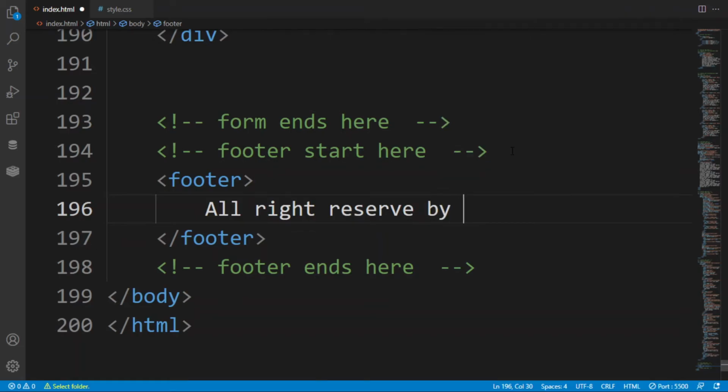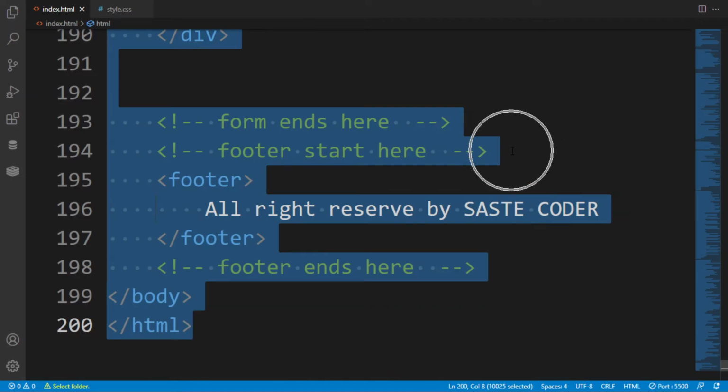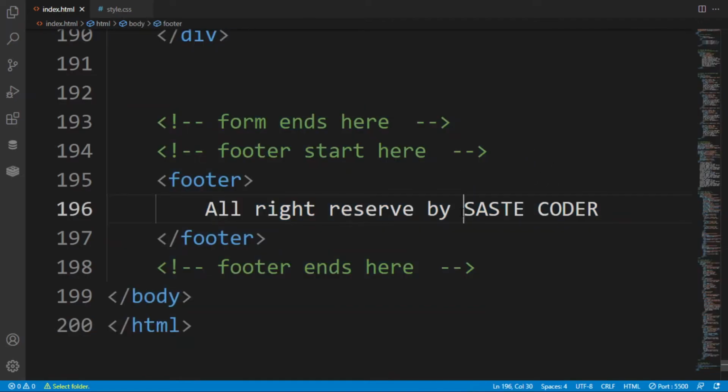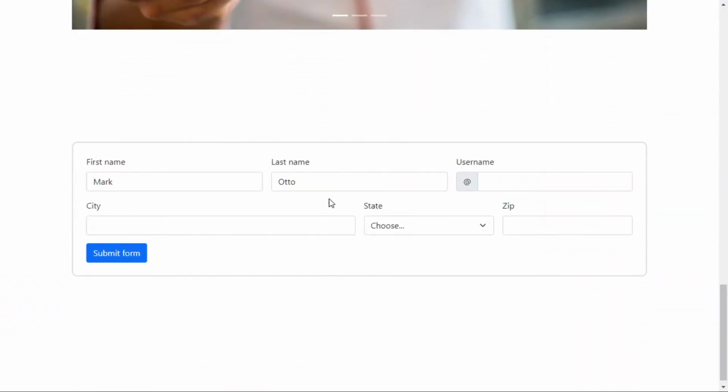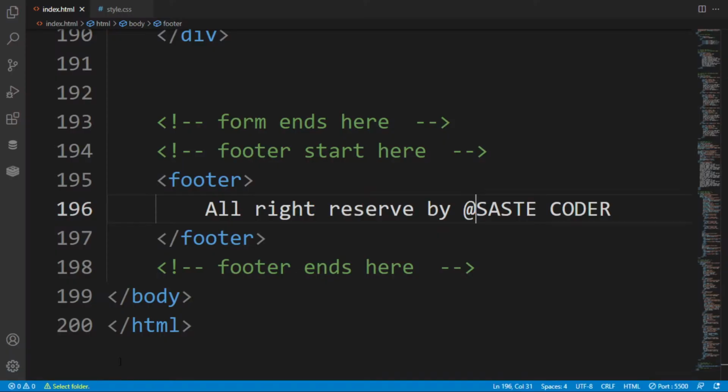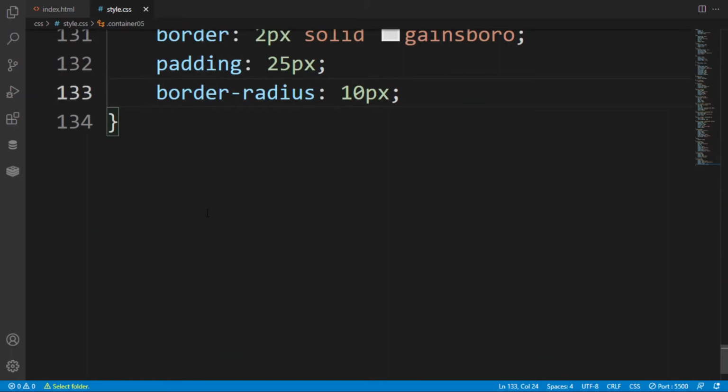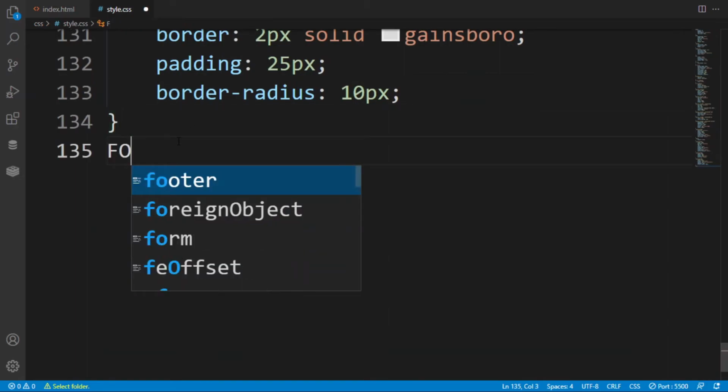So all rights reserved by my YouTube channel name. Now after saving, you can put the @ symbol, so as you can see this has been added at the footer. Now we are going to style this footer.